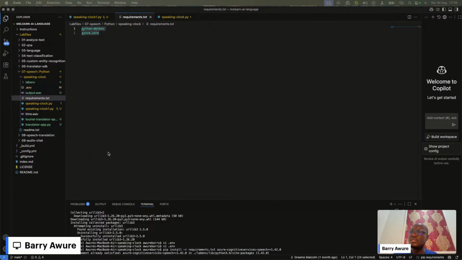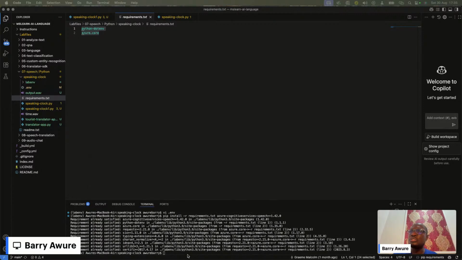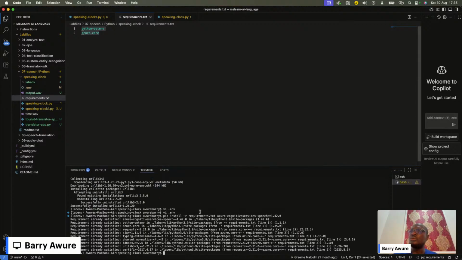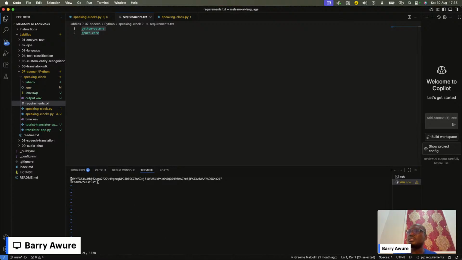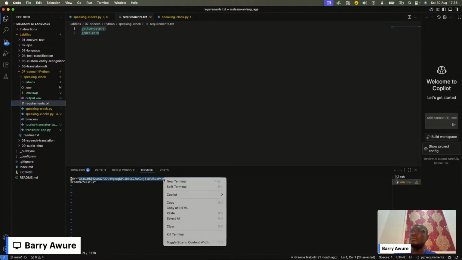After that is installed, you then need to bring the key and the location that you copied into your environment variable in your application. For example, mine will be in here, right? This is the previous key I used. If you edit that file, you'll get to see your own key where you can paste.